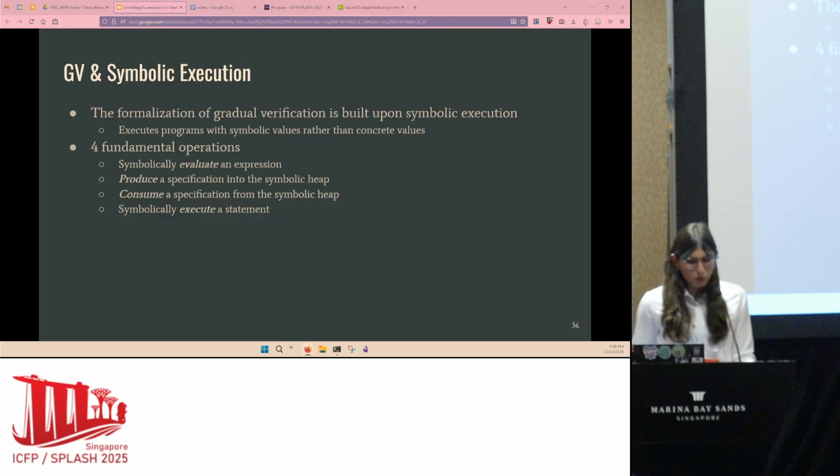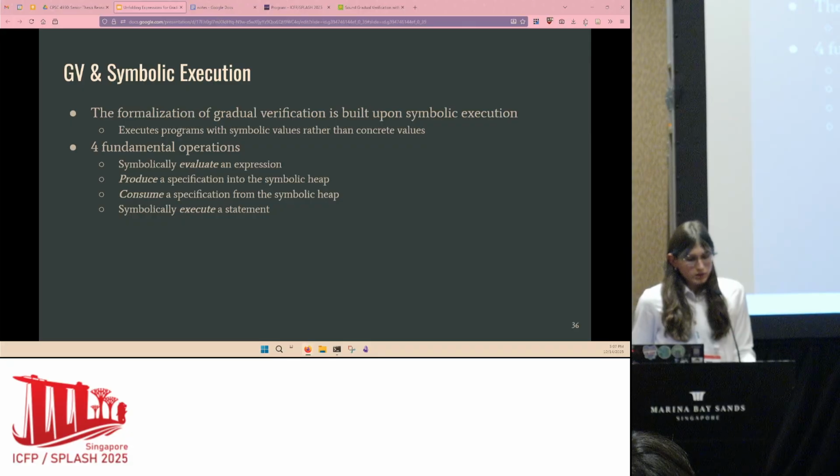And so we're building on a past formal system for gradual verification, because there's a past formalization using symbolic execution. And with this symbolic execution system, there are 4 fundamental operations we can do with our expression statements and specifications.